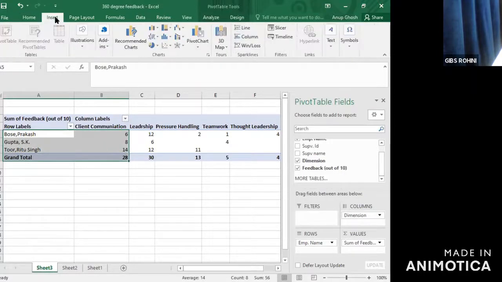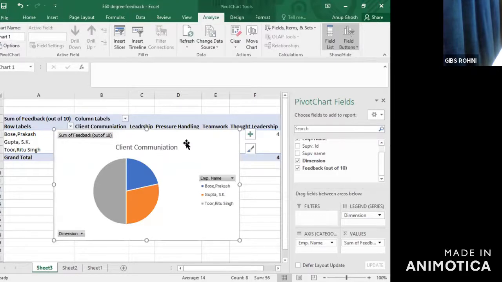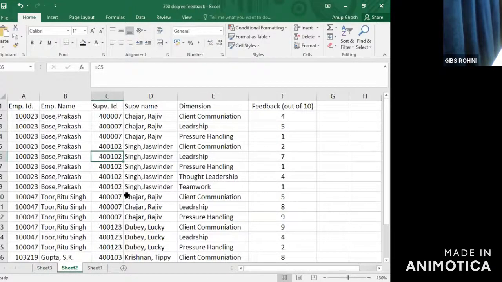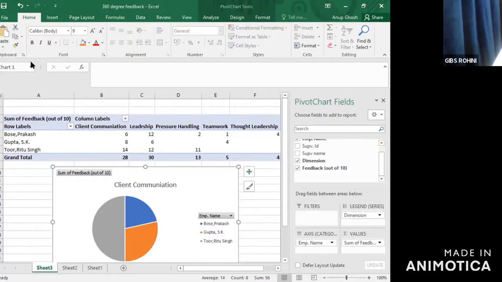If I want to utilize a dashboard collecting this data, we just insert, go to a pivot table, and you can see this is the client communication feedback. If I modify in sheet 2, SK Gupta, if I put here 10 and here also 10, and if I once again run this one,